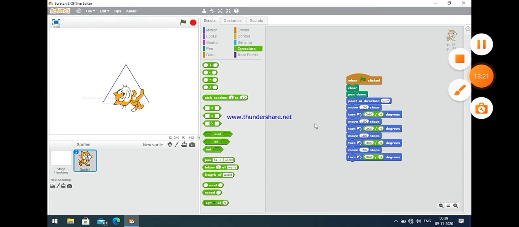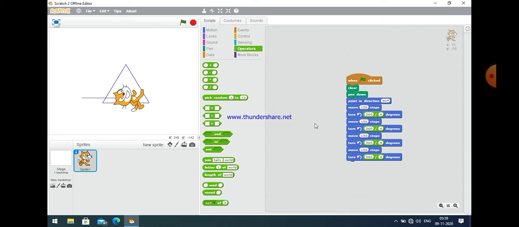Now you can easily see here that we just take move 150 steps, then after that an anti-clockwise rotation is there, and the angle which we use is 360 by 4. And why do we take 360 by 4? Because in a square there are 4 sides.